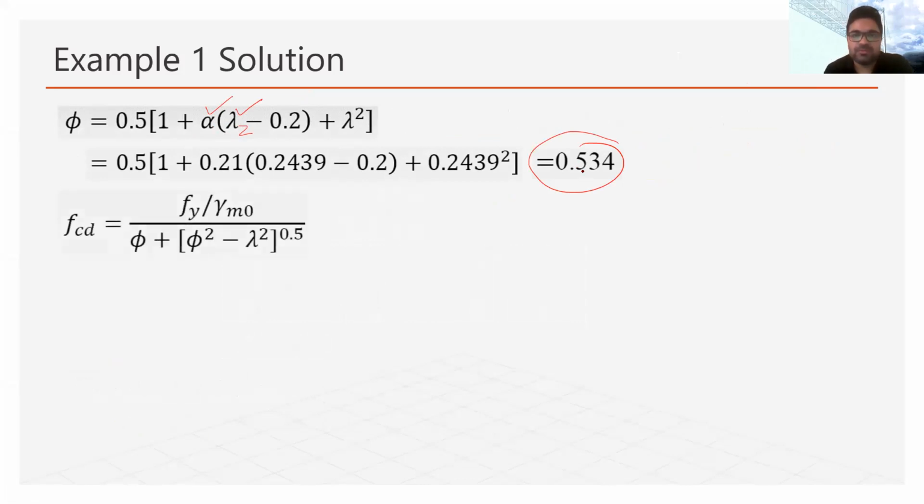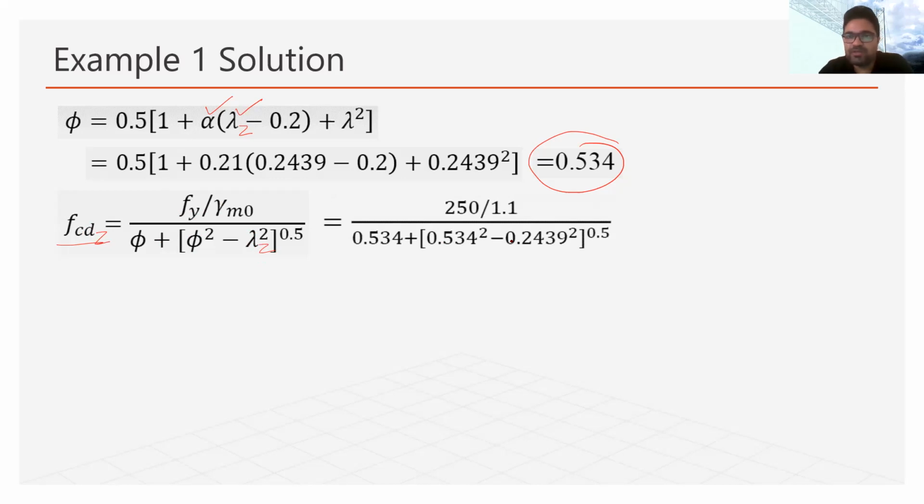Now putting the values in the formula of FCD. This formula we have seen, which is the design compressive stress. So Fy, and this lambda, as we are calculating FCD along the Z axis, will be lambda Z that we have just calculated in the previous slide. So putting all the values, we can solve it. After solving, we find the FCD value as 225.2. So this is the FCD value along the Z axis, which means if the column is buckling along the Z axis, in that case, the FCD value will be 225.